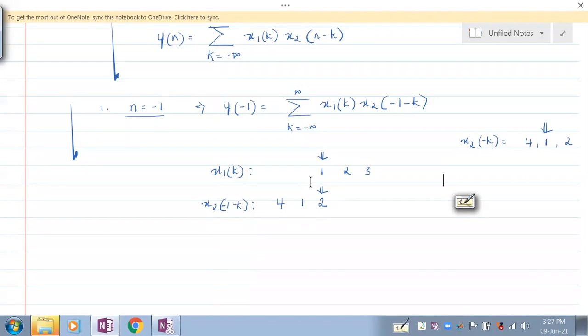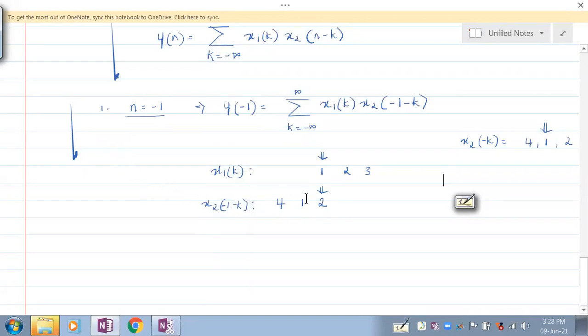Say people like Rahul Dravid are there in the dugout. If they have to congratulate the people on the field, they'll form a line and come in a line. So let us take these as those players, 2, 1, 4, all players coming from the dugout, moving from the dugout onto the field. And these are the players on the field. Let's say they are not moving, they are standing for some reason. They have made a line on the field and they are standing. So players from the dugout will come to congratulate them.